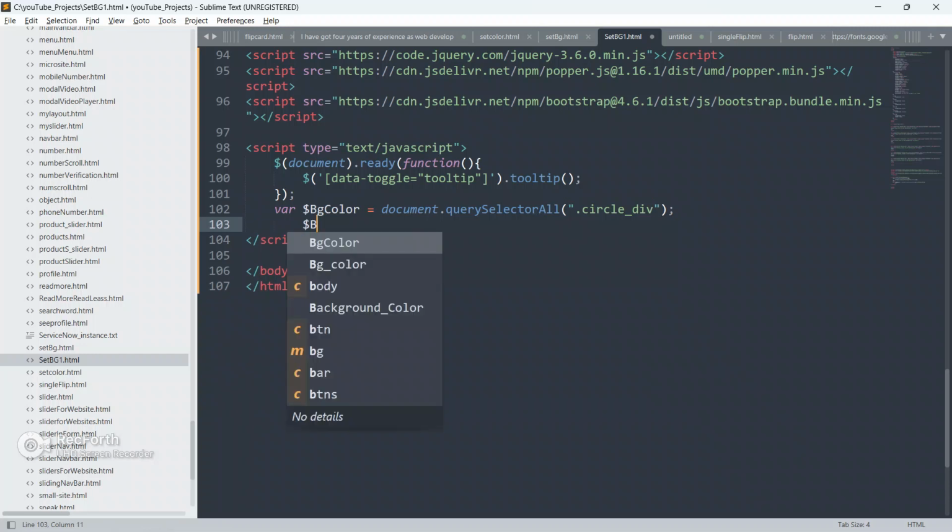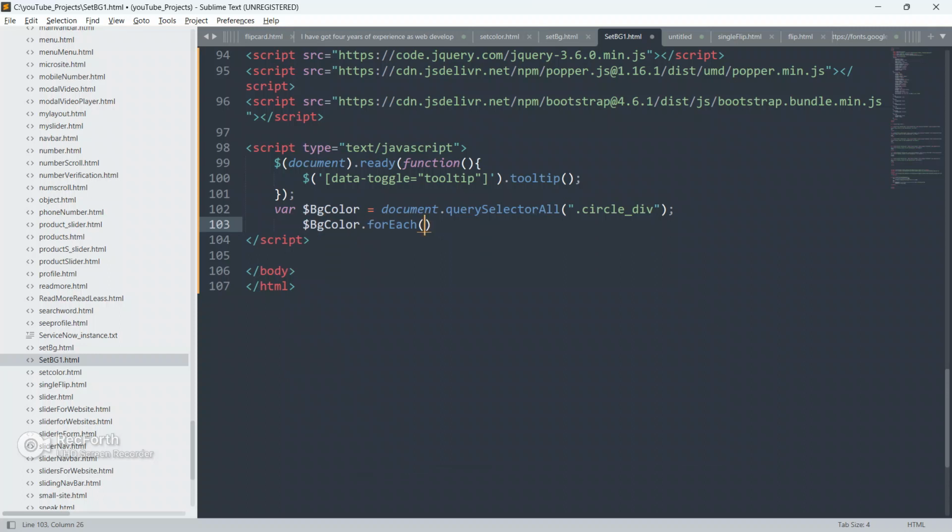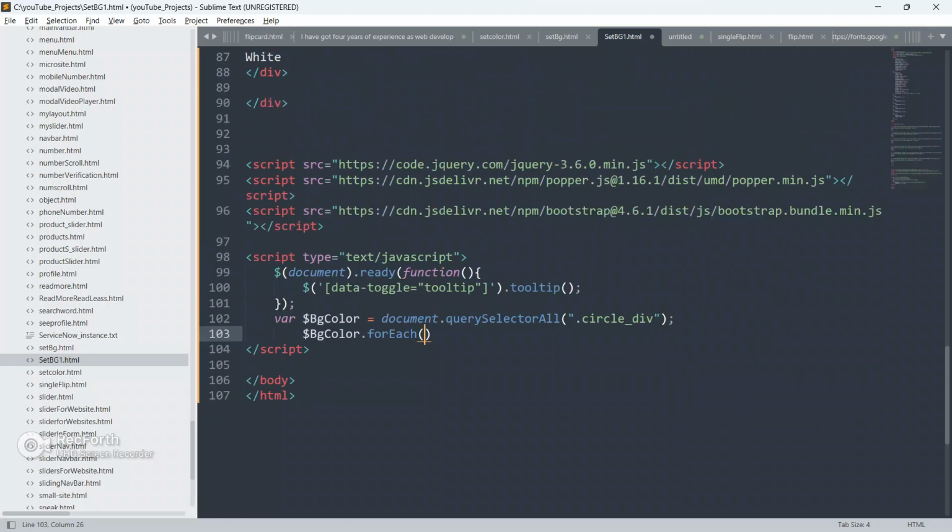So I'm going to run a forEach loop on this bg color. So bgColor.forEach, and forEach is going to take a function as a parameter, and we have to provide a parameter to this function. Then only we will be able to grab each and every div which has this class circle div.